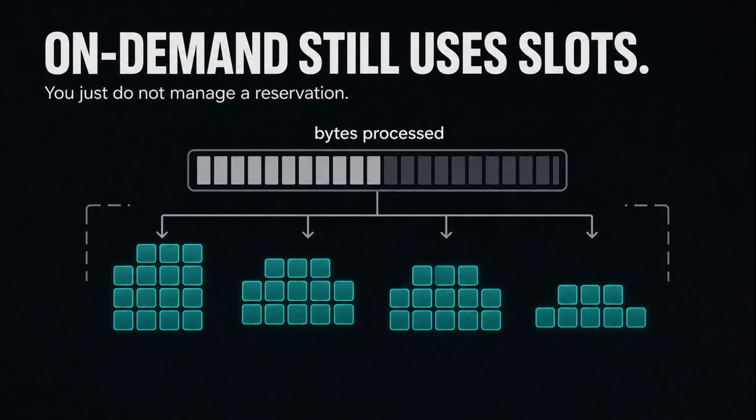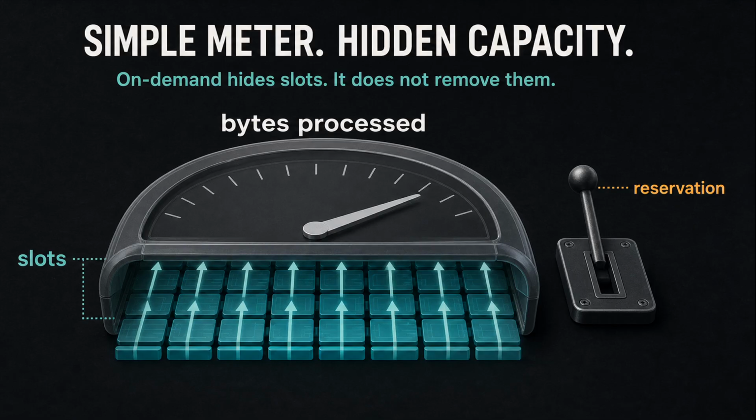So all that contention shows up differently depending on how you pay. Start with on-demand. On-demand bills you on bytes processed, which is the number most people notice first. Right, but underneath, the query is still spending slots. The meter just hides them behind the bytes number. So you're renting by the query. Yeah. On-demand does not mean slot-free. It means you did not buy a fixed slice of capacity for this workload. So the trade-off is simplicity for control. For bursty or exploratory work, the simple model is great, and you tune bytes, prune partitions, select fewer columns, stop wildcarding tables, and that is the moment performance isolation stops being a detail you can ignore.